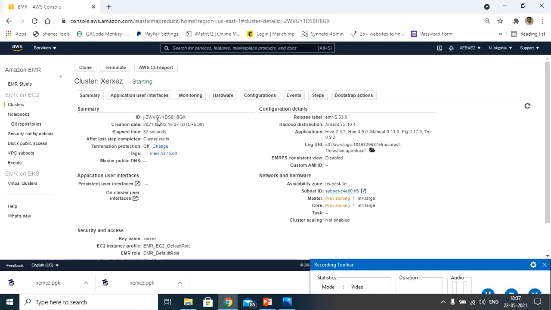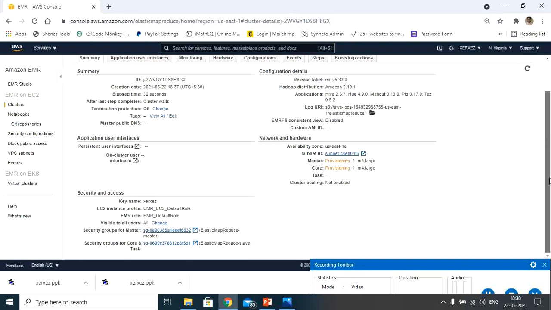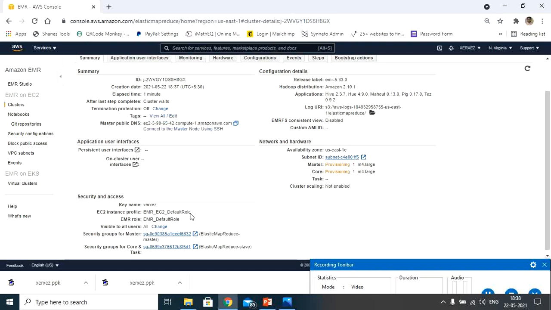As far as my cluster is concerned, this is the ID, and this is the version. I'm using Hadoop distribution Amazon 2.10, and this cluster comes with Hive, Mahout, Pig, Tez, etc. The most important thing here is that we need the link of both the master node as well as the Hadoop slave node, understood. In the security group also you can see this is the security group for my master node, and this is the security group for my slave node.